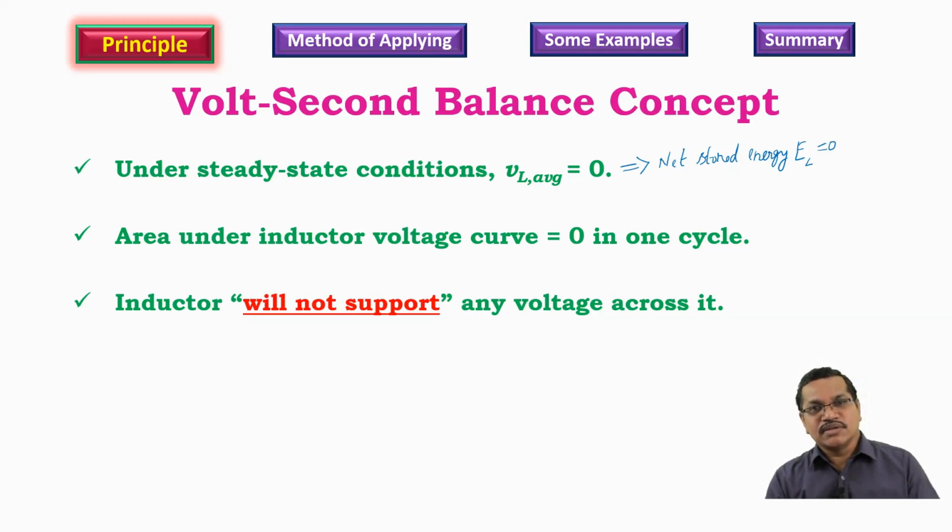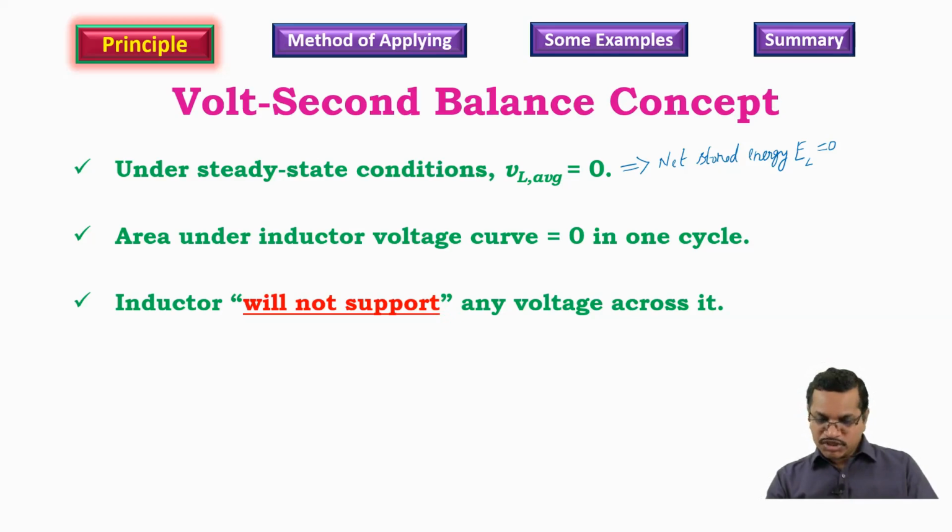Because in one state, let's say the on state, there will be some induced voltage across the inductor. The inductor might be storing some energy. In fact, it has to, because it is an energy storage element. Therefore, the main purpose of using the inductor is to store energy. That stored energy will be utilized for other purposes, which means during on time, if the inductor stores energy, during off time, the inductor will transfer the same amount of stored energy, nothing more, nothing less, so that net on net, the stored energy remains 0. It doesn't support any net voltage developed across it.